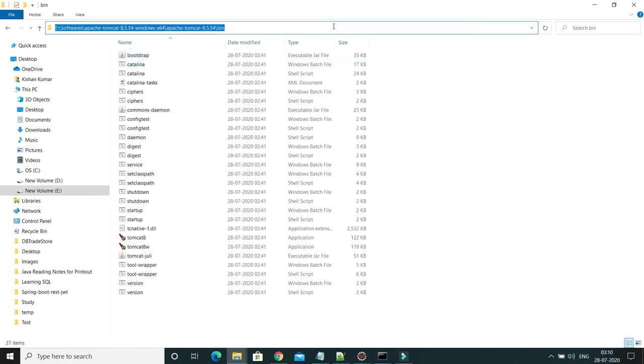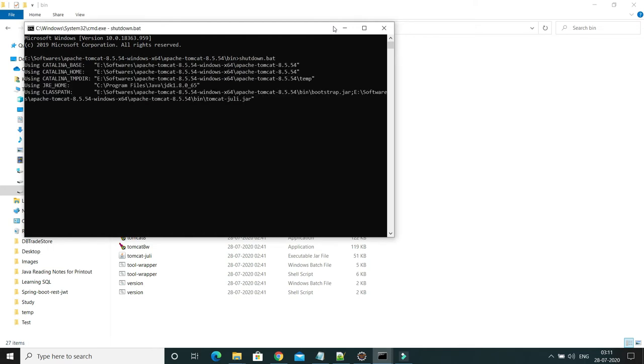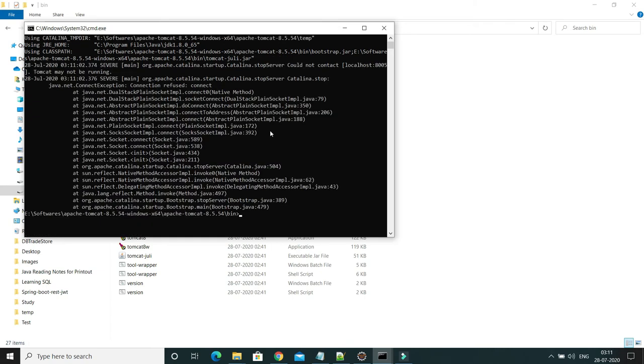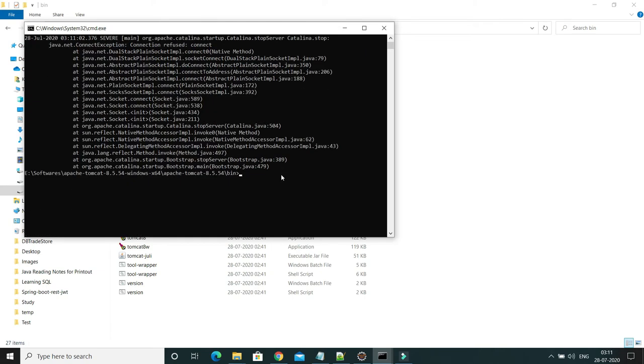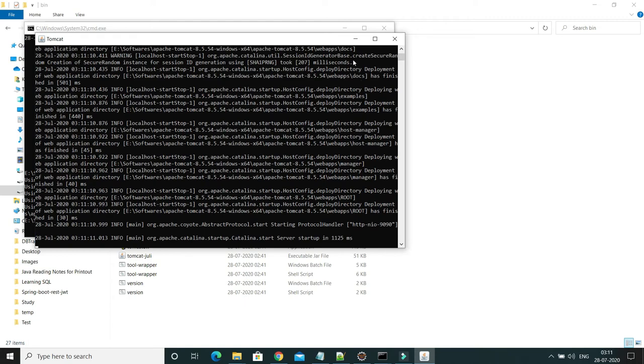So I go to CMD, and first of all let me shut down, in case it was already running. It was not running. So what I have to do is start the Tomcat, right? So now Tomcat has started.